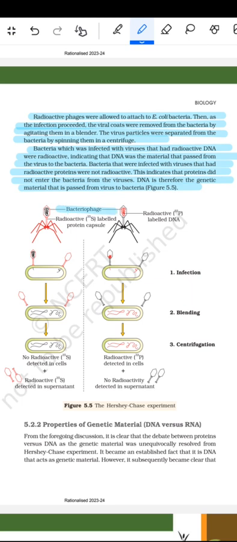तो ये बैक्टीरियोफाज हो गया, रेडियोएक्टिव S35 लेबल्ड प्रोटीन कैप्सूल हो गया, ये रेडियोएक्टिव फॉस्फोरस लेबल्ड डीएनए हो गया। No radioactivity detected in the cells, or radioactive S35 detected in the supernatant. ये इन्फेक्शन, फिर ब्लेंडिंग और फिर सेंट्रीफ्यूगेशन करें। फिर रेडियोएक्टिविटी डिटेक्टेड इन द सेल्स, नो रेडियोएक्टिविटी डिटेक्टेड इन द सुपरनेटेंट। ये हर्शी चेज एक्सपेरिमेंट है।